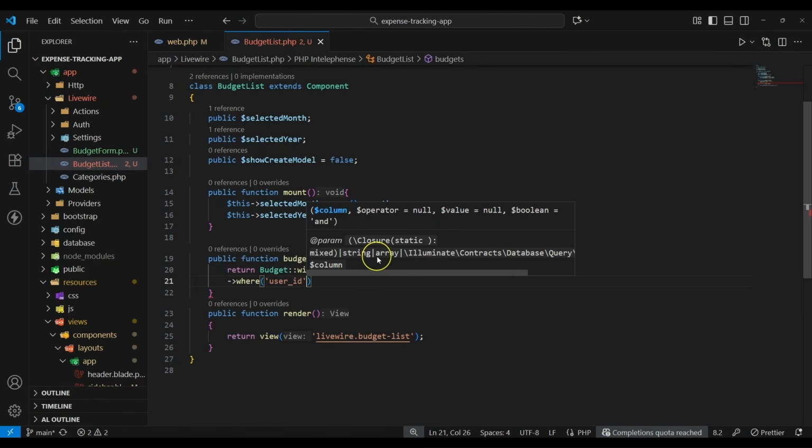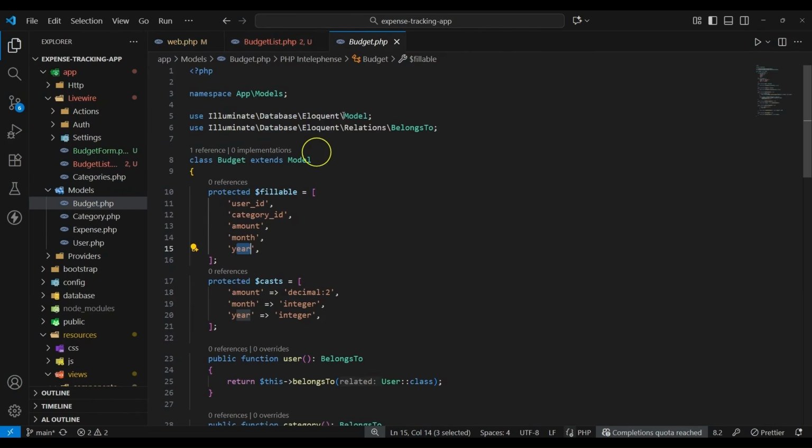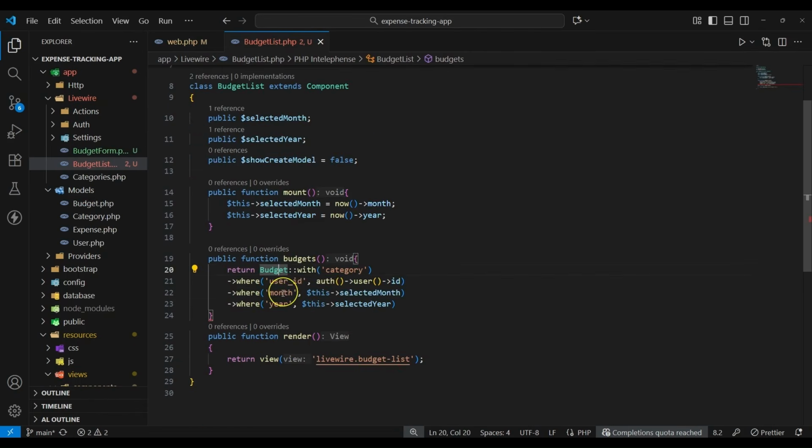Okay, also the same thing for the year, so this should be year. And if you remember, on the budget here we have the month and also we have the year. Okay, so that's why you see here I'm doing the where condition on these two columns. And after that we need to get